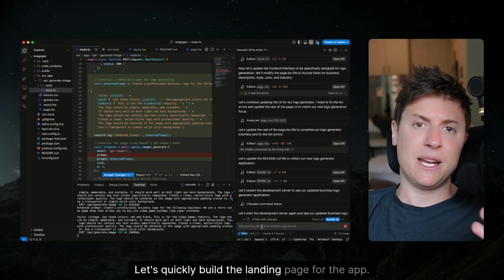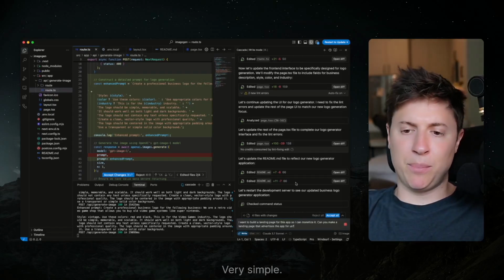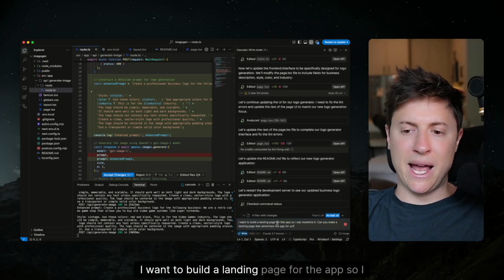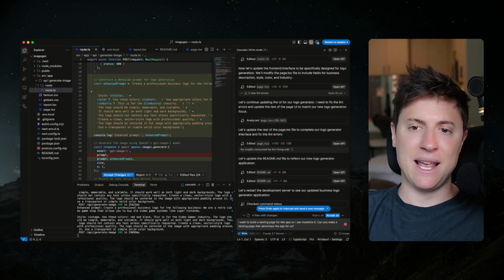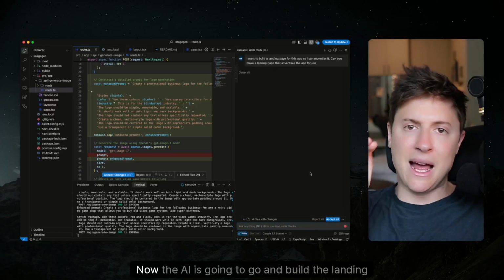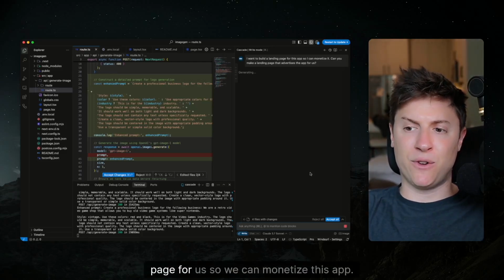Let's quickly build the landing page for the app. Very simple. I'm doing one prompt here. I want to build a landing page for the app so I can monetize it. Can you make a landing page that advertises the app for us? I hit enter. Now the AI is going to go and build the landing page for us so we can